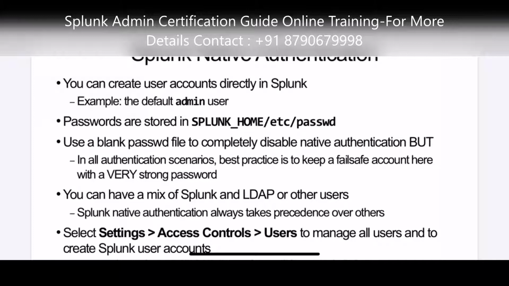At that time, you can give a common admin and password, which will be shared with everyone and known to all the admin users in Splunk. That means instead of giving our own credentials, we are using common credentials which can be used by anyone in the team.